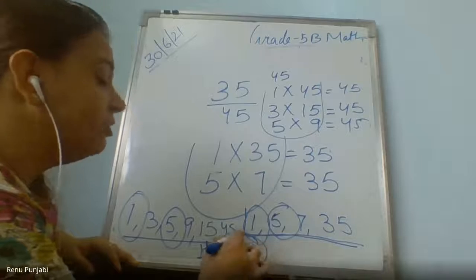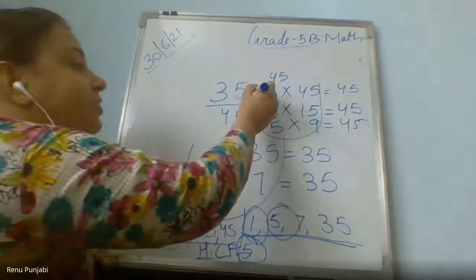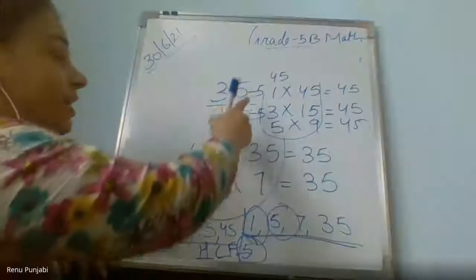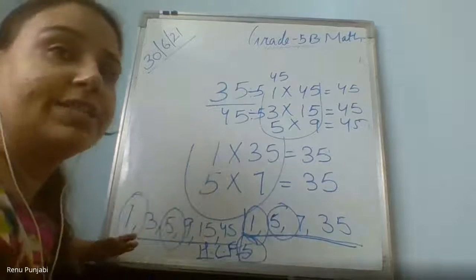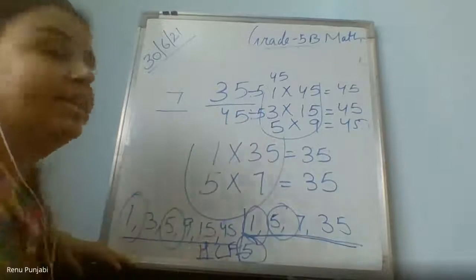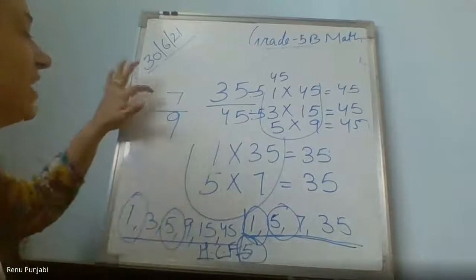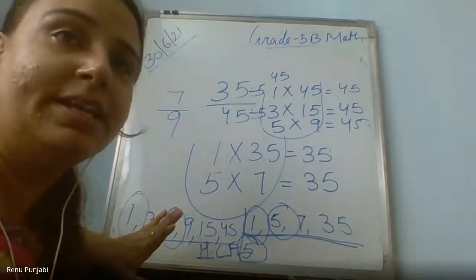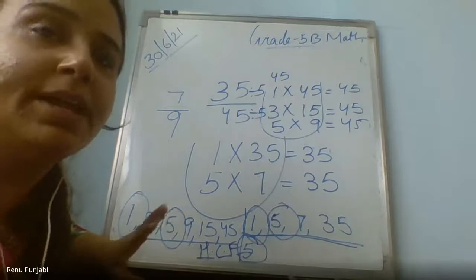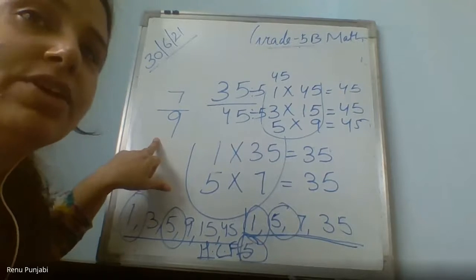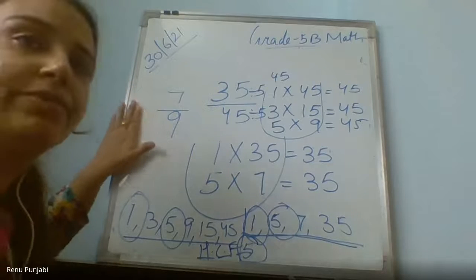Now after finding out the highest common factor, divide the numerator and the denominator. In the table of 5, how many times is 35 coming? 7. In the table of 5, how many times is 45 coming? 9 times. Now you can check, 7 and 9 are not divisible by any number. Both the numbers are not divisible by any one number. है ना? दोनों किसी एक टेबल में नहीं आते. Got it, Karnav? So we stop. So this is the lowest term of this fraction.